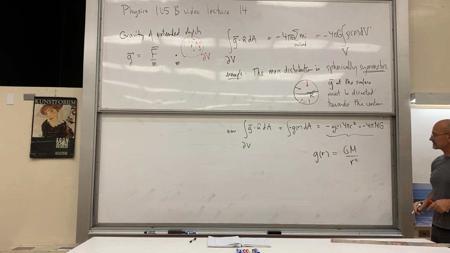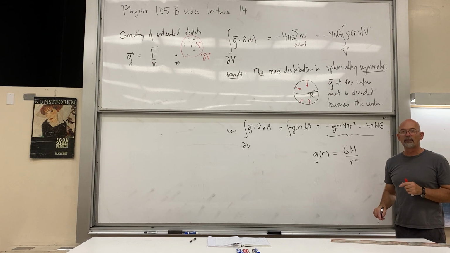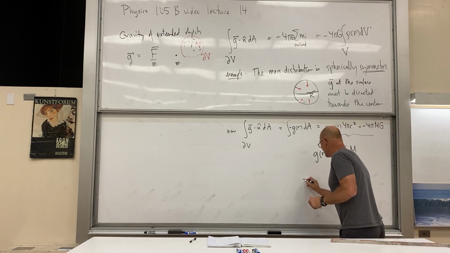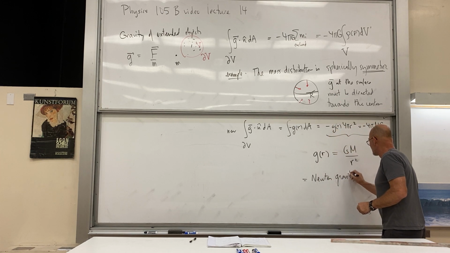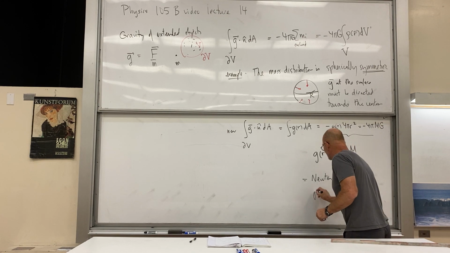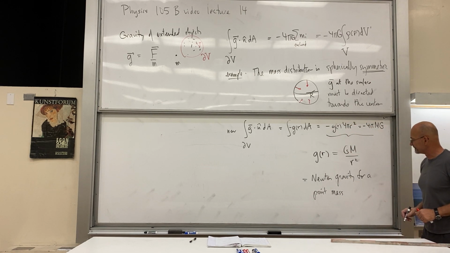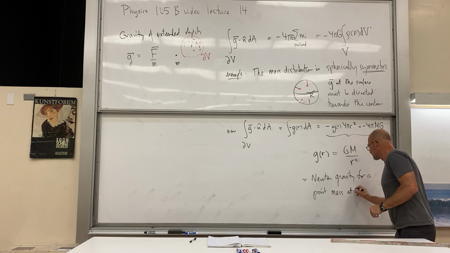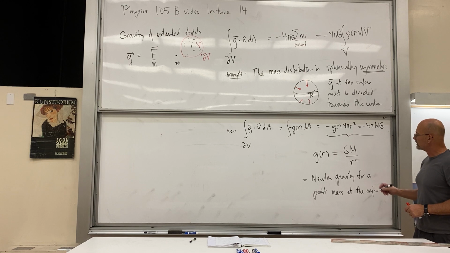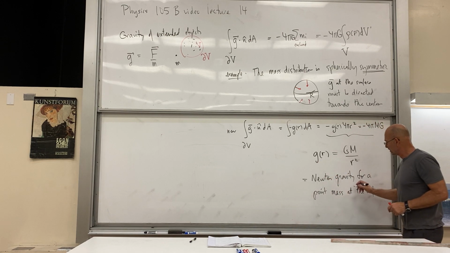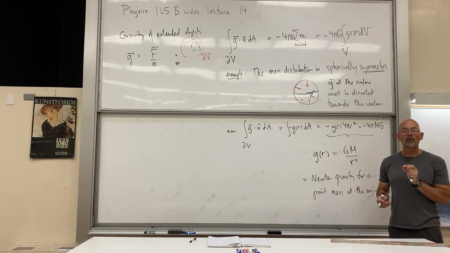Okay. So this looks just like Newton's law of gravity for a point mass. Equals Newton gravity for a point mass at the origin, which is to say at the center of that sphere. So that's what we set out to prove, that a spherically symmetric mass distribution acts as though it were just a point mass,